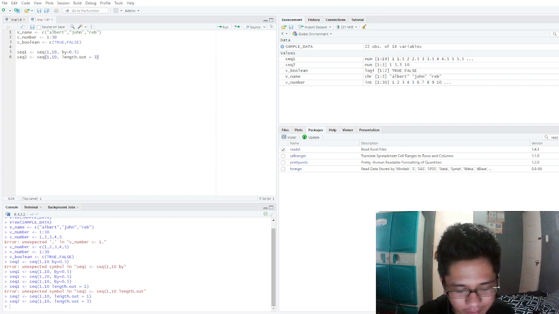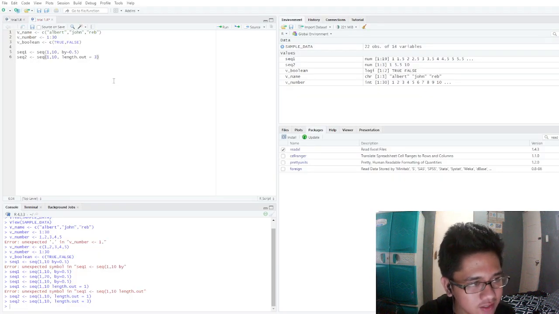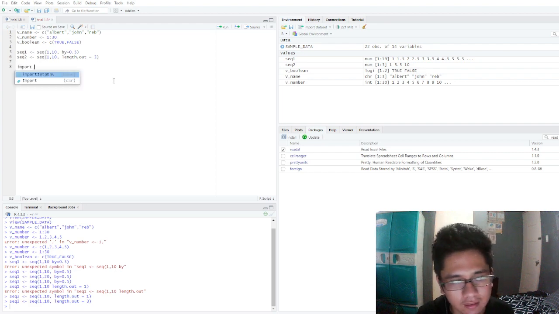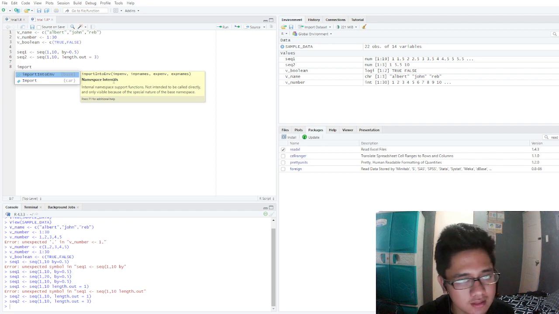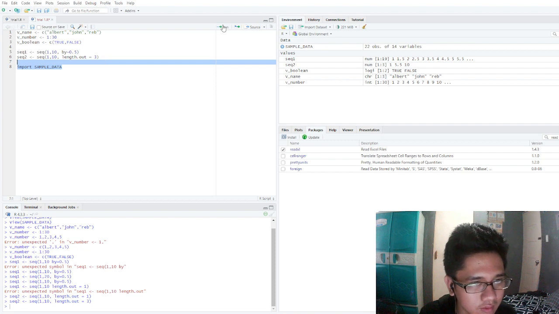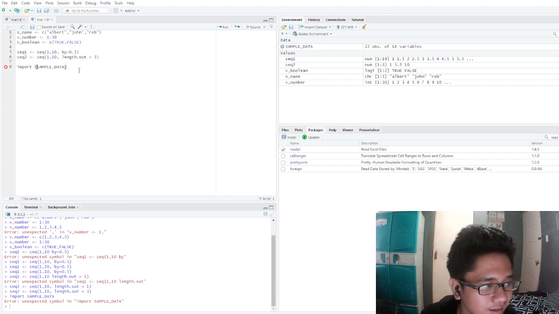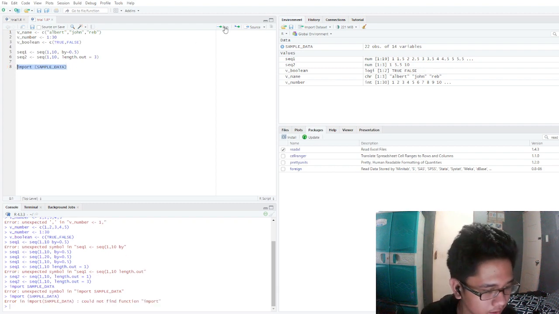Next up, we need to extract a vector. To extract a vector, we just import the sample data.